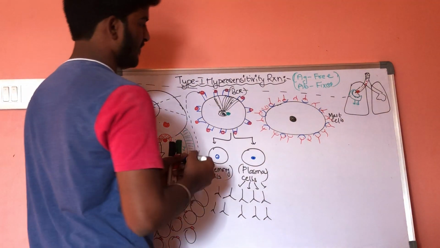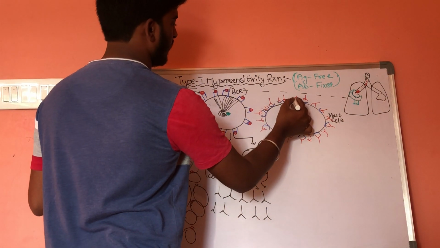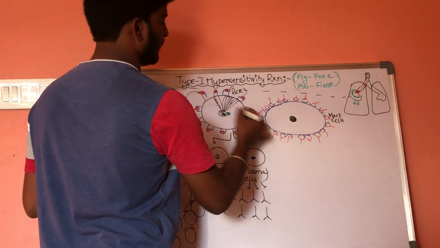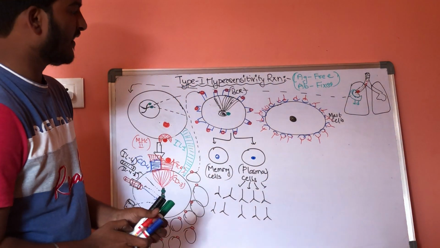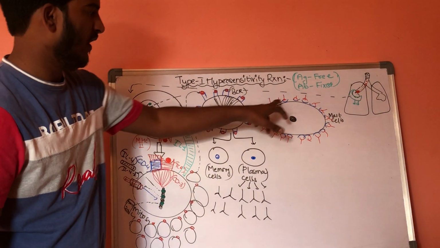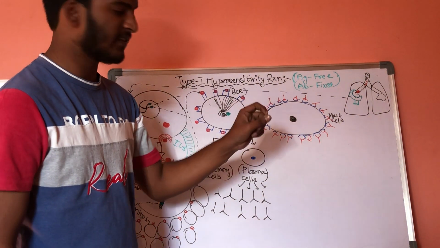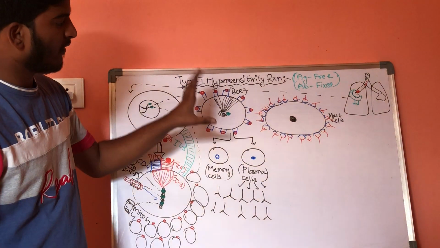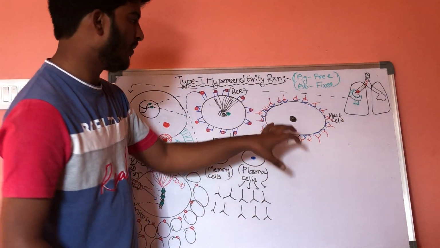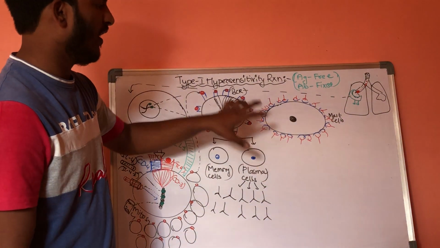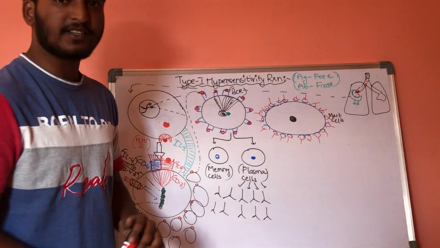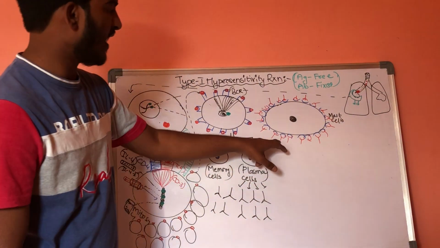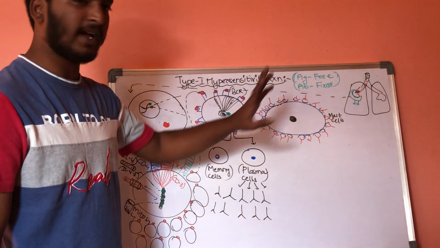On the surface of receptors. So, after attaching of these antibodies with the receptors on mast cells, they will get accumulated inside the body. So, this is one of the important hallmarks of type 1 hypersensitivity reaction. Here the antibodies are produced in our body, which are attached to the surface of mast cells.